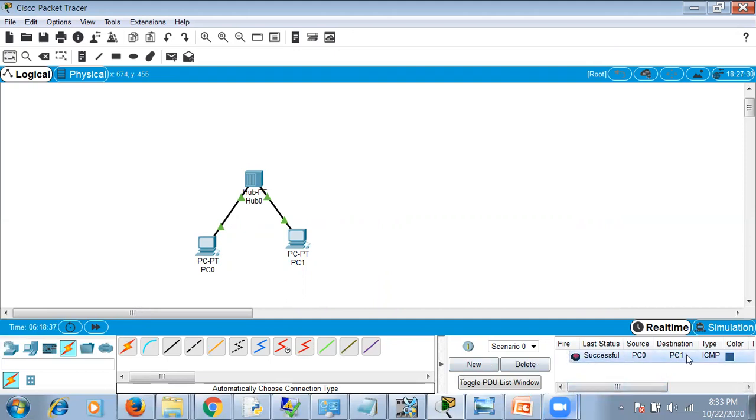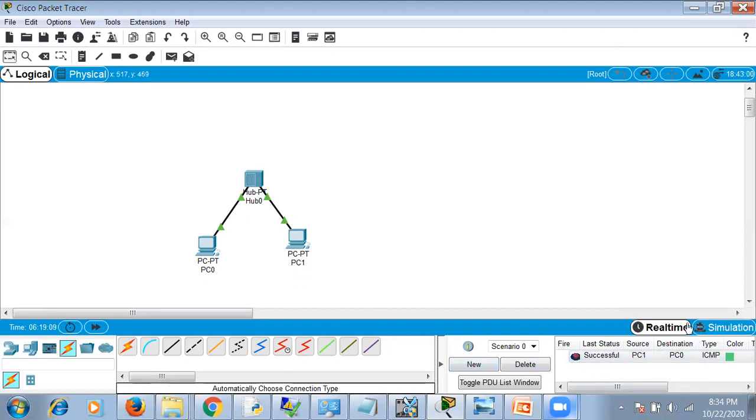If you want to delete this one, you can delete it, so we can have a new message to be sent. If you want to check whether this message goes correctly or not, you can delete the scenario and go for a new one. So again, I'll try once again. So here it is successful. It is PC0 to PC1. I'll delete it. Now we'll see the reverse direction, PC1 to PC0. Again, it is successful.